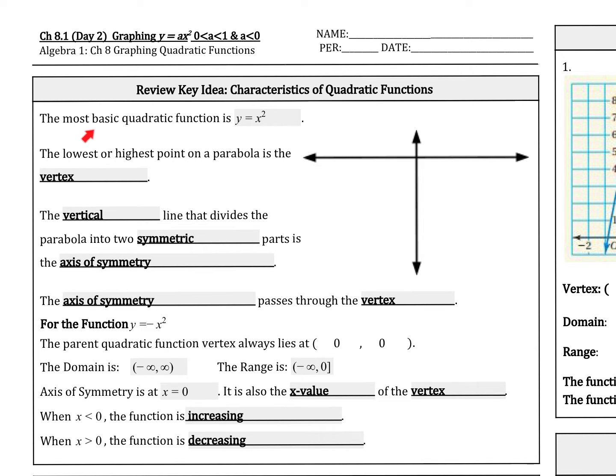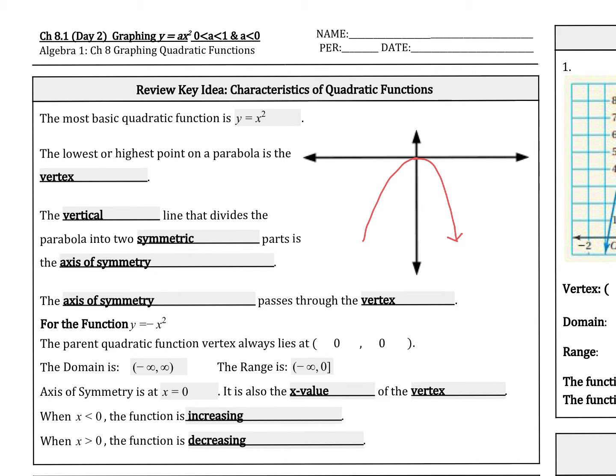So it means it would be 1 over 2, 1 over 3, 1 over 4, and so on. Again, the most basic function is y equals x squared, which is an open up parabola. In this lesson, we are going to discuss the parabola that opens down. So like this parabola. The lowest or highest point on the parabola is the vertex point. If we are talking about the parabola that looks like this,